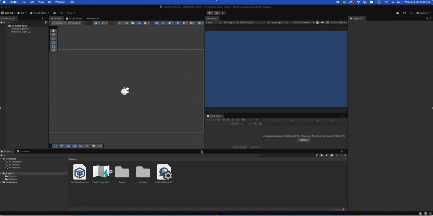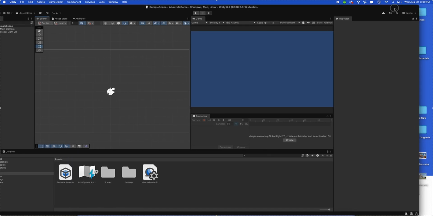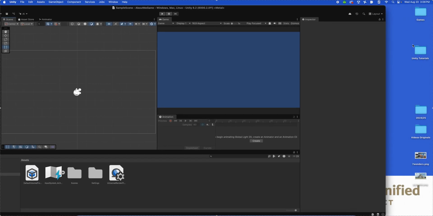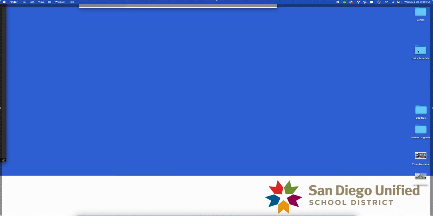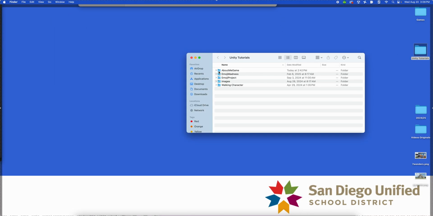Here, in this assets folder, we're going to create a new folder. We're going to call it images. Let me just move this out of the way for a second and show you on our desktop. We have our folder with our project name in there, because when we created our project it created this folder for us. And there's that assets folder I was just showing you inside of